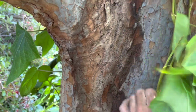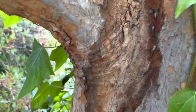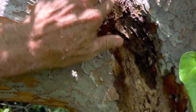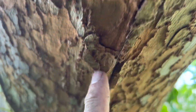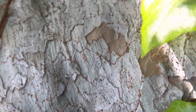You know, in a lot of my videos, I like to show you individual things that I find during the week. And if you are interested in trees, I want you to learn to look closely at trees and see all the little things, like this weeping. Clearly, there's an incredible amount of stress. Look at this little crack on the underside of the branch. When it pushes down, the bark has no place to go, but it pops open a little bit due to